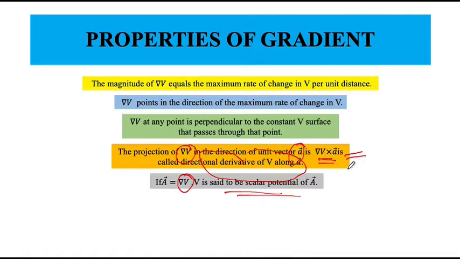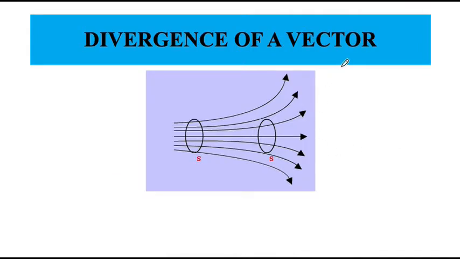Okay, and in this the rate of change of V is in the direction of A. For example, dV by dl is the directional derivative of V along P1 to P2 in the figure. Thus the gradient of the scalar function V provides us with both the direction in which V changes most rapidly and the magnitude of the maximum directional derivative of V. Okay, now the second property of the differential operator is that if I multiply it with a vector, it is called the divergence of a vector.